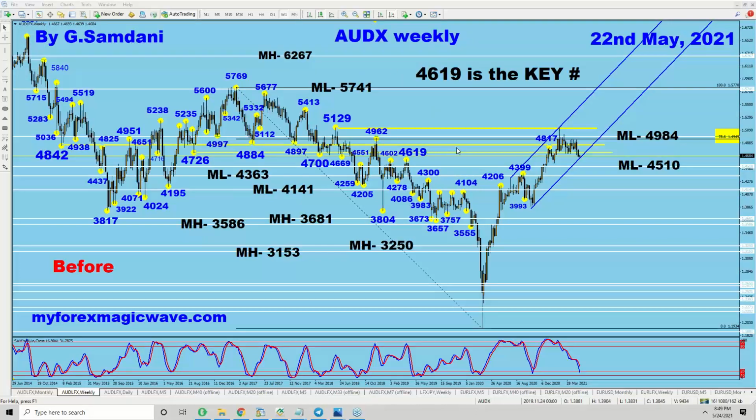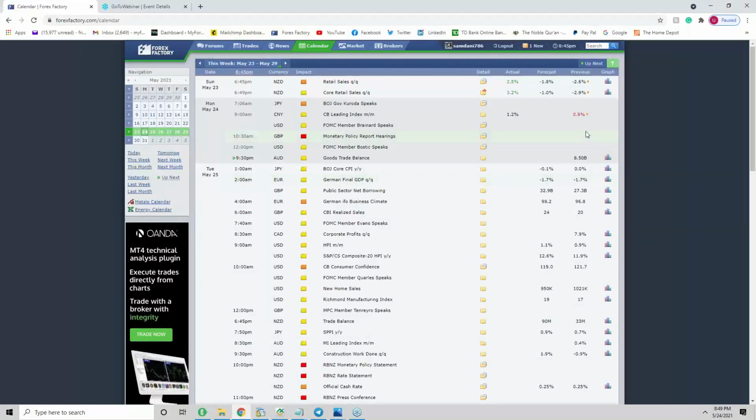Right now it's 8:49 p.m. I believe the news is at 9 o'clock or 9:30. Let me just go back there and see. I think it's okay, 9:30 p.m. We have yellow news for Aussie dollar, but it's still something because there was nothing important earlier, right? So it might be a catalyst that we're waiting for, and it might move the Aussie pairs a little bit, like Euro-Aussie, Pound-Aussie, stuff like that. So let's see how the news comes out and what will happen.